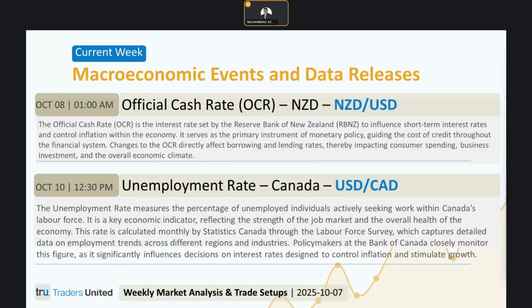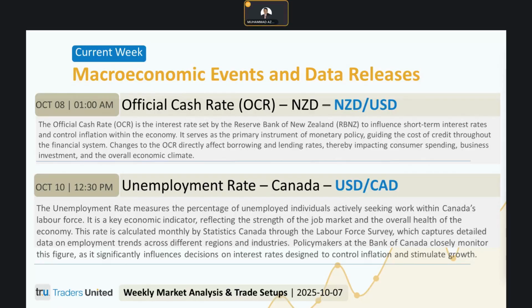Changes to the OCR directly affect borrowing and lending forex rates, thereby impacting consumer spending, business investment, and the overall economic climate. The Reserve Bank of New Zealand adjusts the OCR to manage inflation and economic growth. An increase in the OCR usually aims to curb inflation by raising borrowing costs, while a decrease can stimulate economic activity by lowering borrowing costs. Now, on October 8th, 2025,